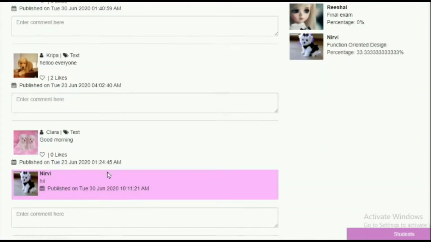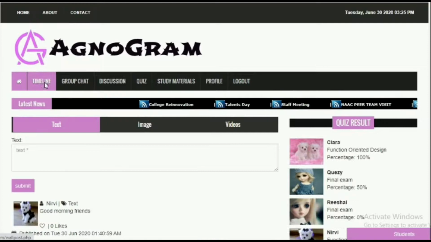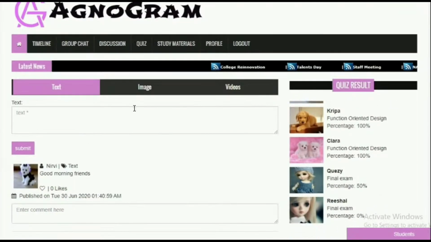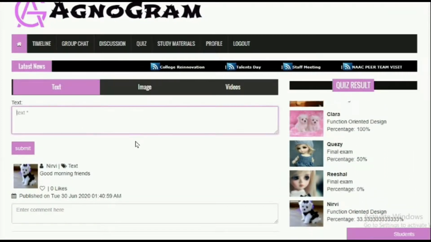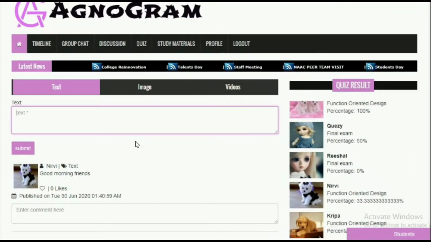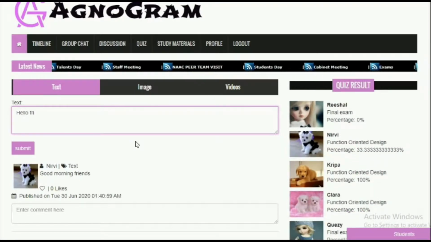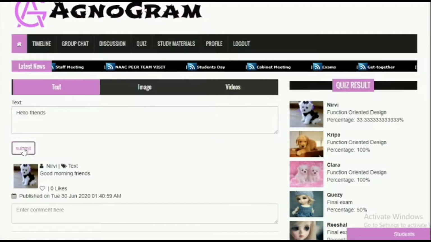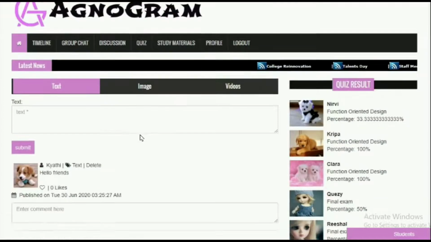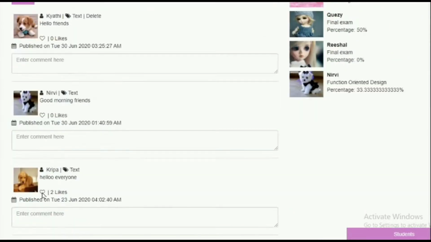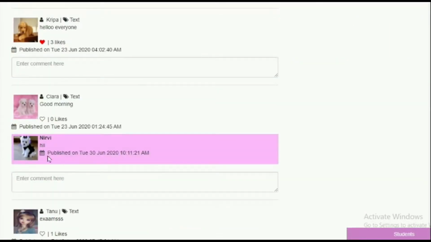As a student logs in, timeline is available, which includes various posts that have been done by the students. The student can post a text or the image or the videos. All the other registered students can view this post that has been posted by the students. They can even like or comment to the post of other students.